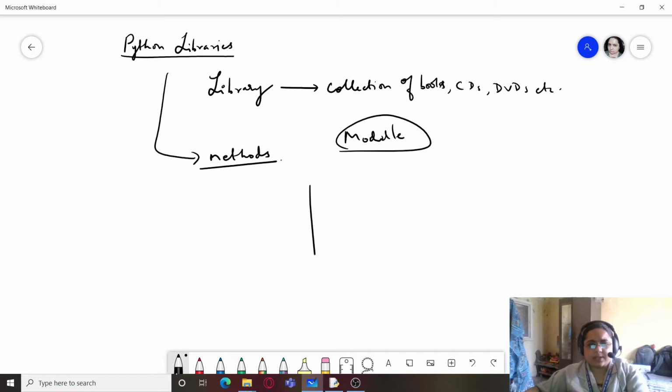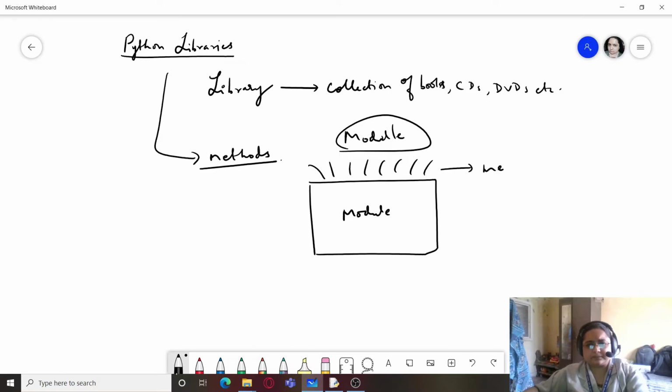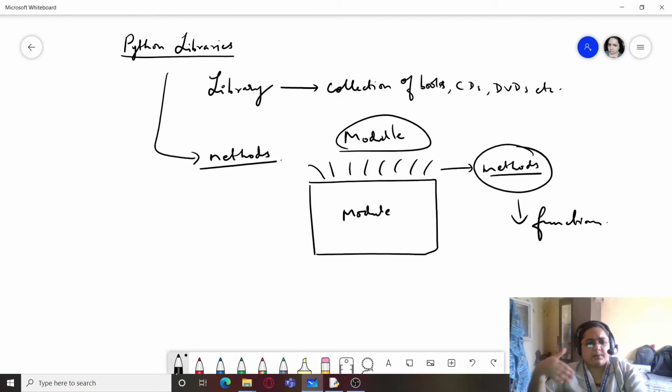You can imagine a module to be like a shelf in your cupboard which contains a lot of different small files or methods. These methods are actually small functions which we can use in our program for performing different tasks. So a Python library consists of different types of modules.